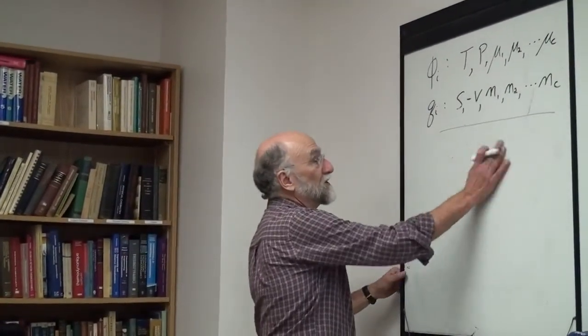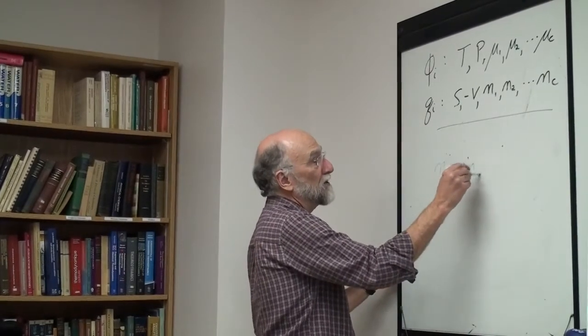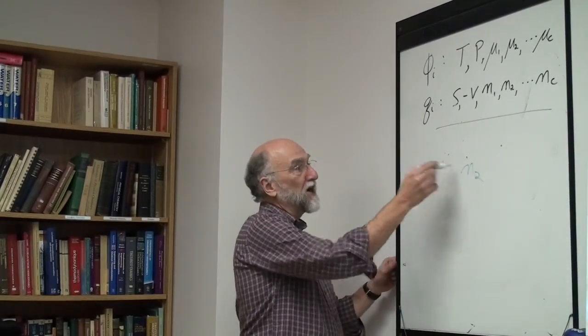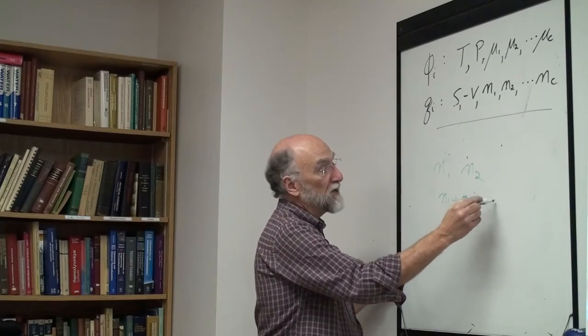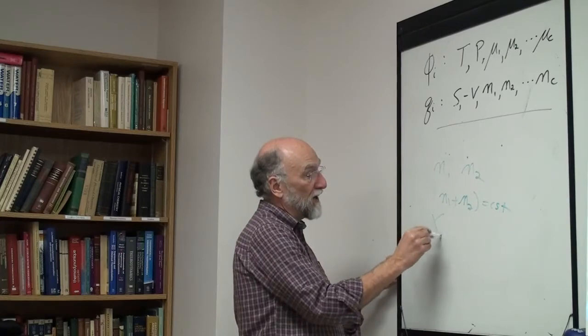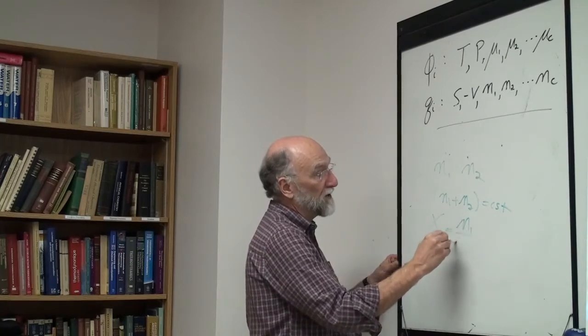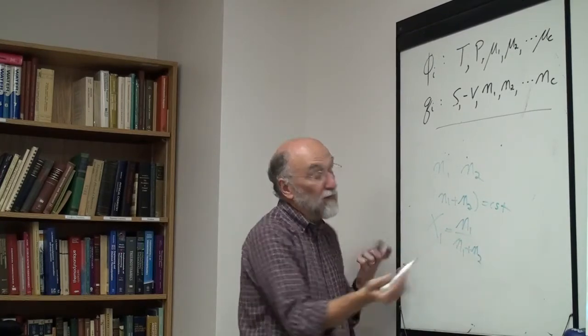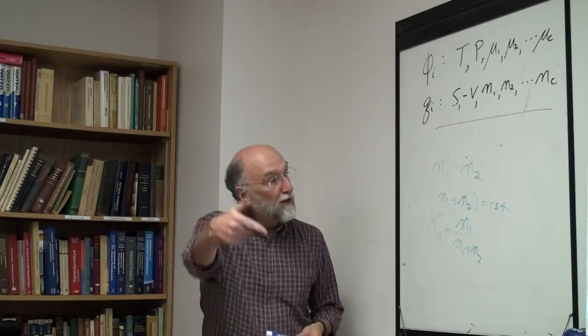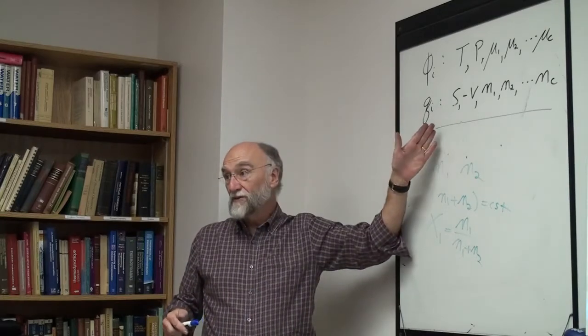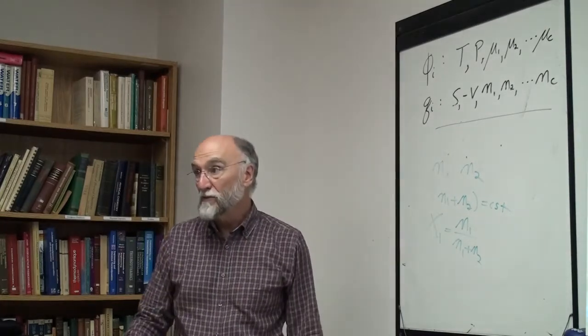So the simplest example is a binary system with n1 and n2. I know these are not two separate variables. What I do is I will say let n1 plus n2 equal constant, and then I normalize the variables as x1 is n1 over n1 plus n2. I vary x1, x2 is n2 over the total, but then it's not independent. So I'm going to get one less variable because something has to be normalized with respect to the total